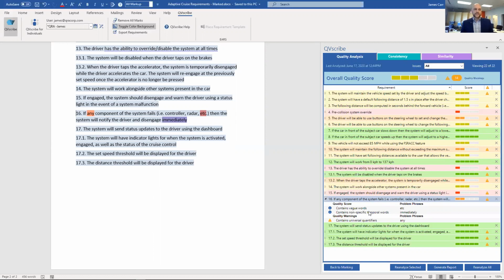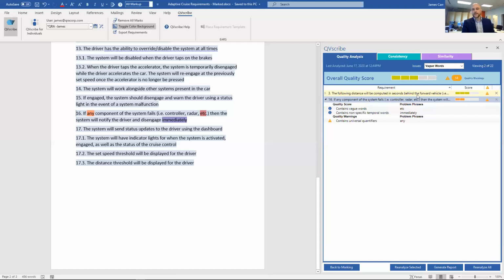And by standardizing that language and standardizing the way that your requirements are written, it makes it smoother across the whole process. So in this example within Word, as somebody has these issues highlighted, you can sort and filter it in different ways, which we've covered in different tutorials. So if I wanted to see every requirement, for example, that contains issues of vague words, I can filter those